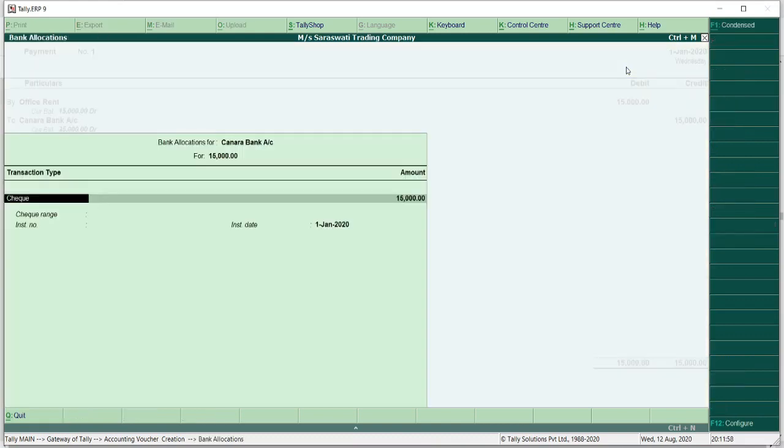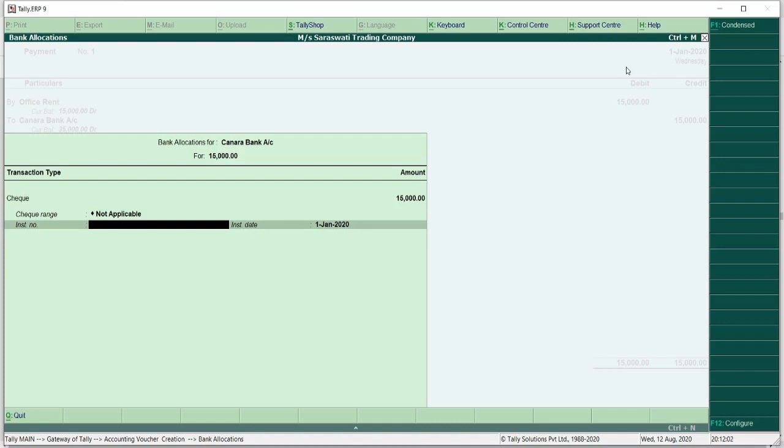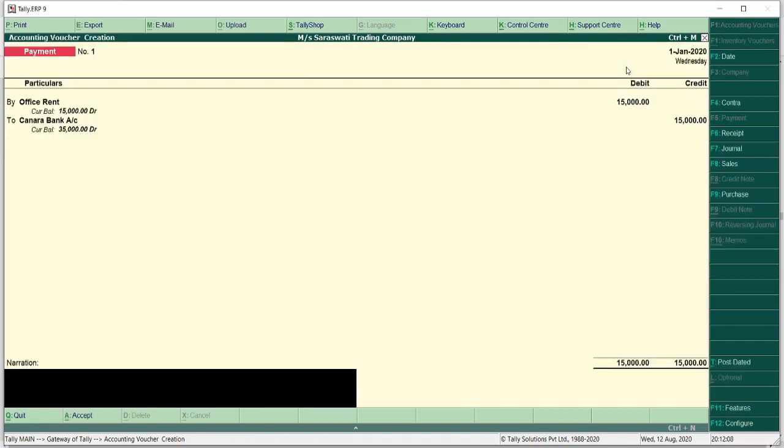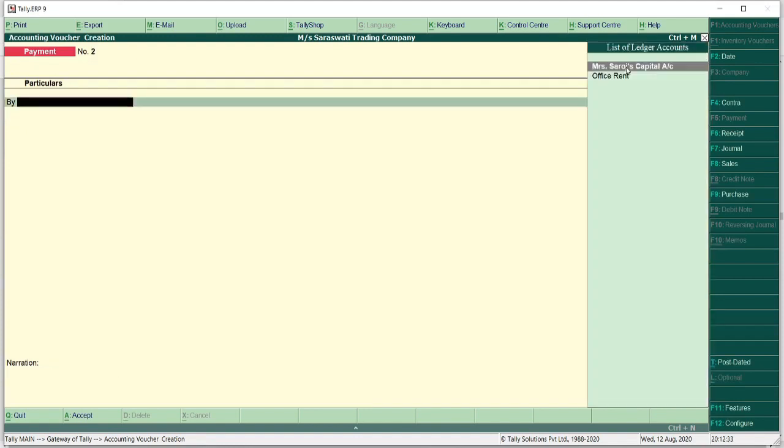I will just press enter key and the amount will come automatically. By check, so you can mention here the check number, the installment number or the other details, right? Here I will write the narration and I will accept this entry, and this entry is successfully completed.